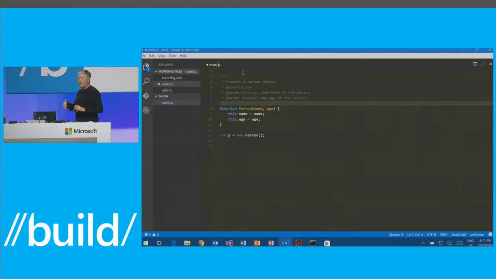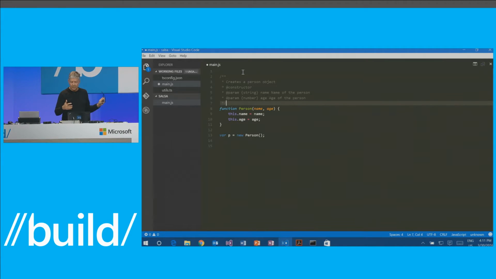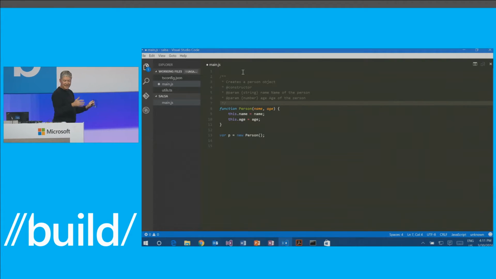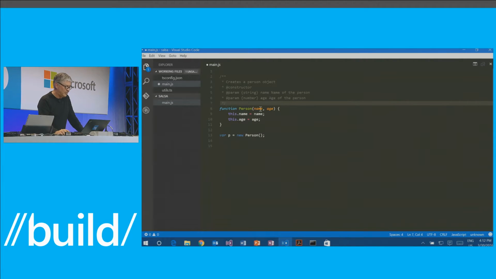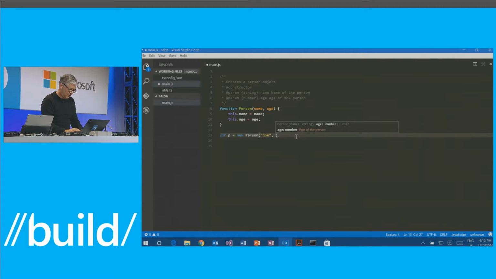And what we've done is we've modified the TypeScript language service to understand those in JavaScript files. So we can actually feed them into the very same type checker, and now we can know that when you have this annotation in a JavaScript file, well, that must mean that this is actually a string, and age is a number, and person is a constructor function, and that means down here, we can now give you statement completion or intelligent help. Hey, you're supposed to give me a name here, so Joe, and 42 for the age.